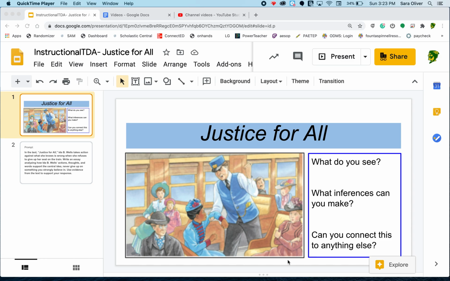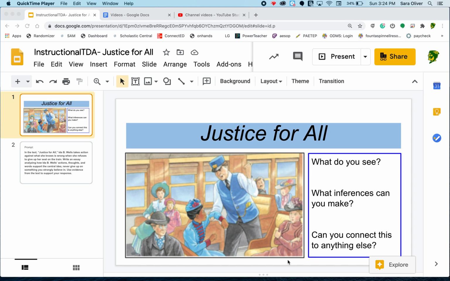Today we're going to talk about the passage Justice for All and learn how to write a TDA response. TDA stands for Text-Dependent Analysis. These types of writing are tough because you have to use direct evidence from the text to help explain elements. Before we get to that part, let's talk about some background knowledge and what we might infer by looking at